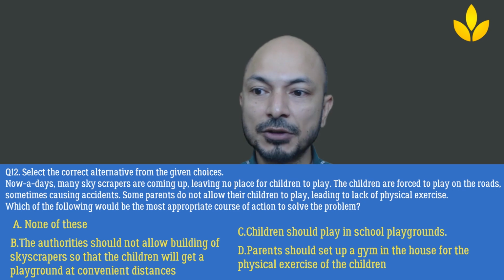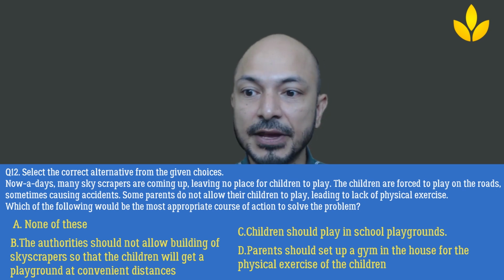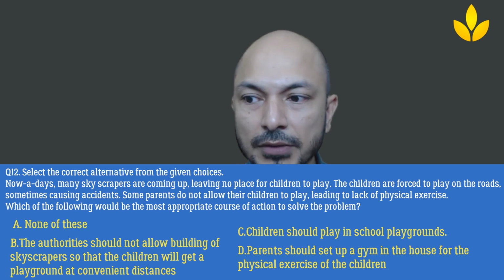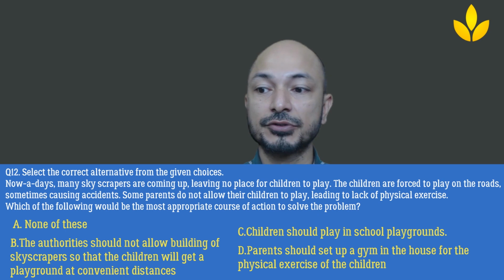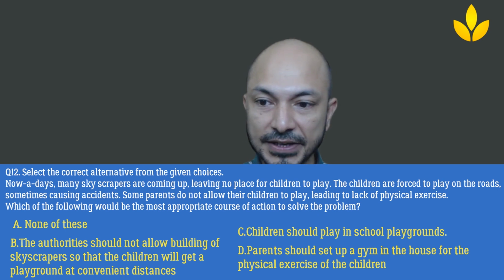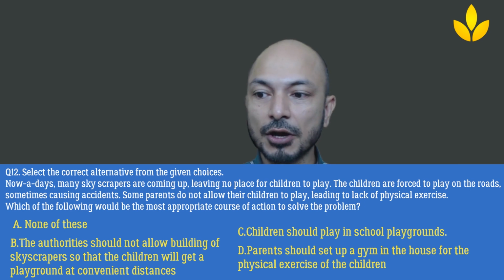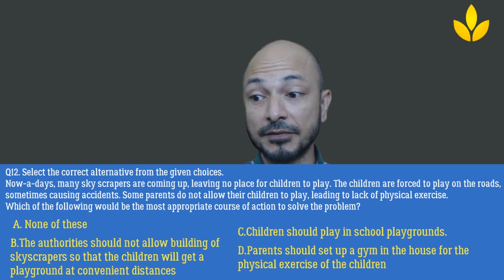The children are forced to play on the roads, sometimes causing accidents. Some parents do not allow their children to play, leading to lack of physical exercise. Now, which of the following would be the most appropriate course of action to solve the problem? A says none of these. So we'll come to that later. B says the authorities should not allow building of skyscrapers so that the children will get a playground at convenient